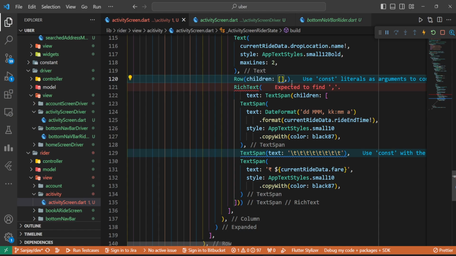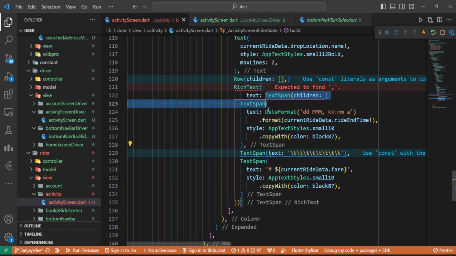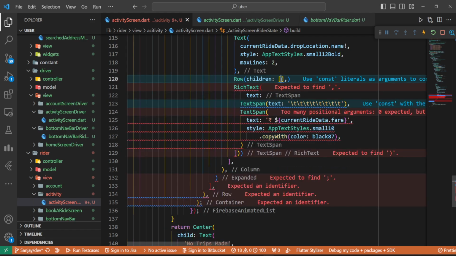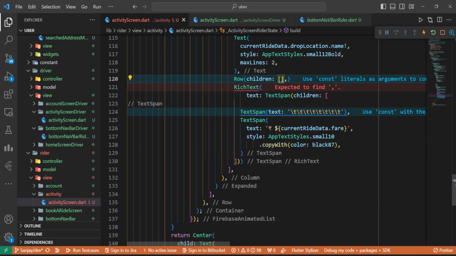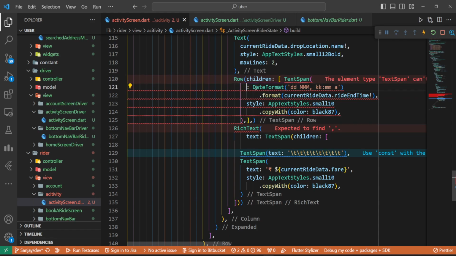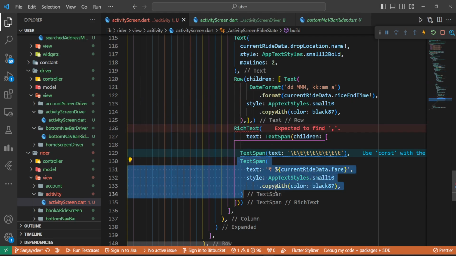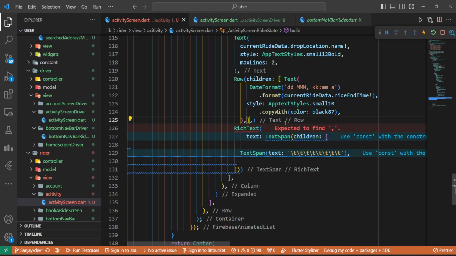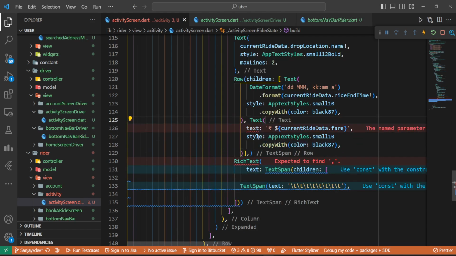So let's instead cut this text span, not this one, this text span, paste up here. We have to remove this text, and from here we have to remove this span, and same goes for this one. Let's paste here, and from here we have to remove this span, we have to remove this one,